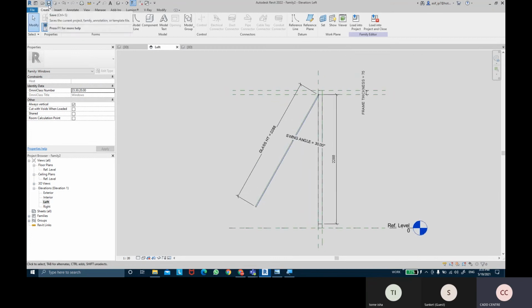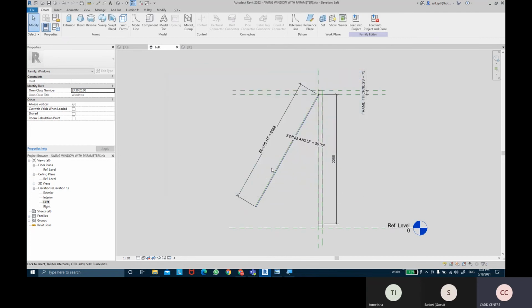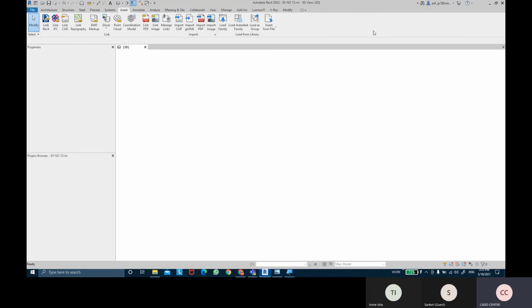Now we can save this family in window parameter, and we can load into our project and close it.